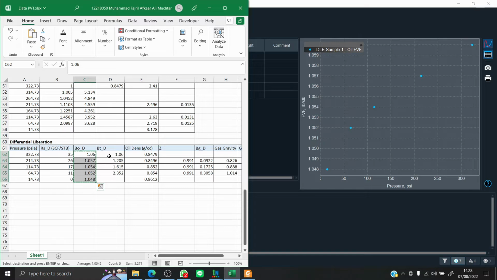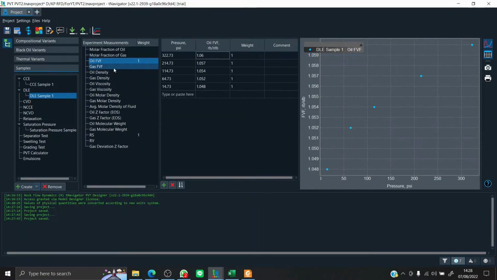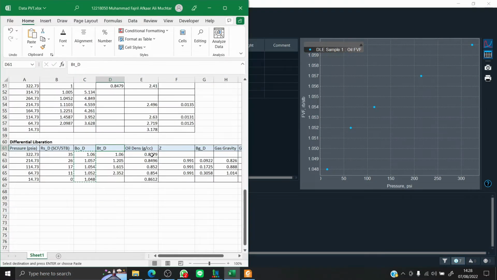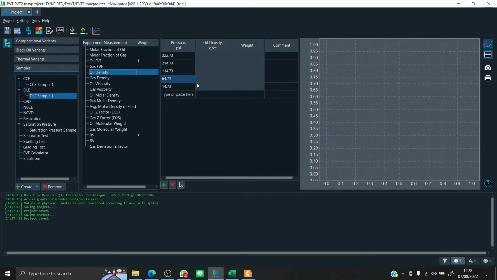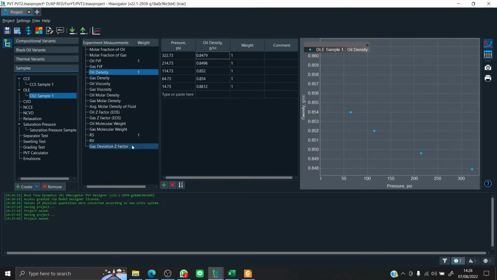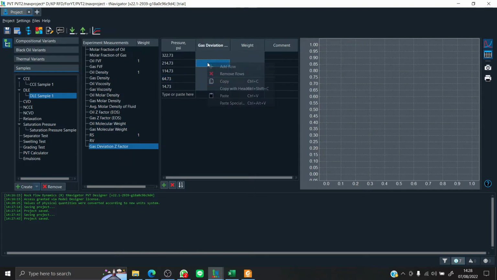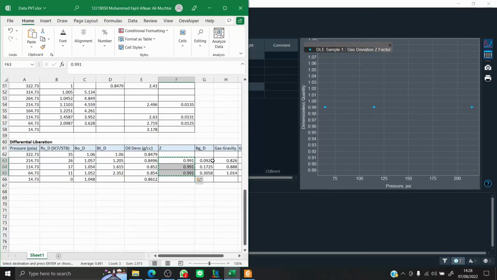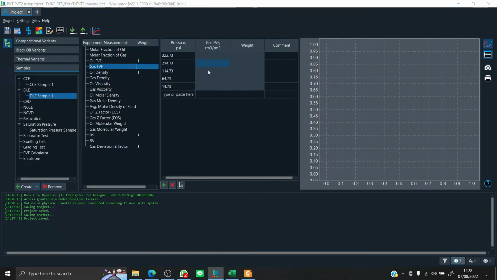And then, okay, the total FVF is not supported, so let's just go straight to the oil density. Okay, and then the Z factor right here, and for the gas FVF starts from 214.